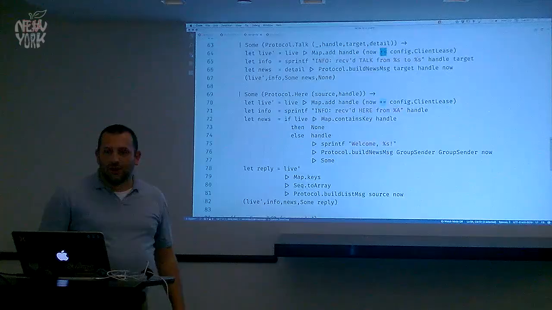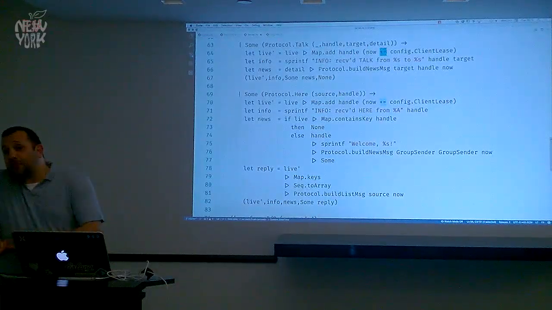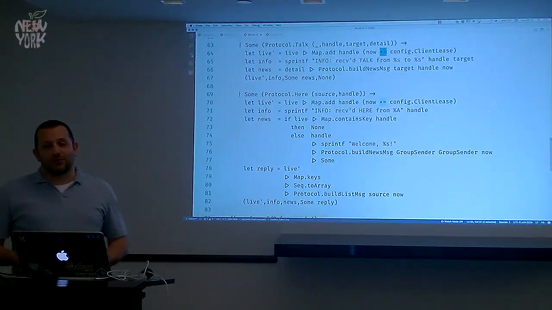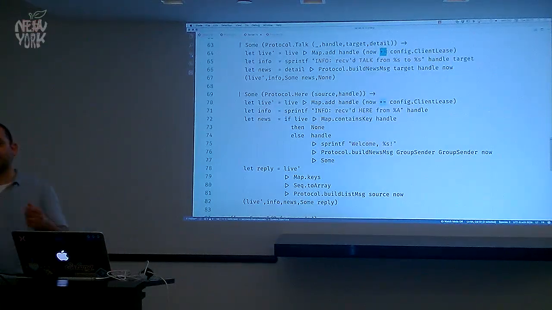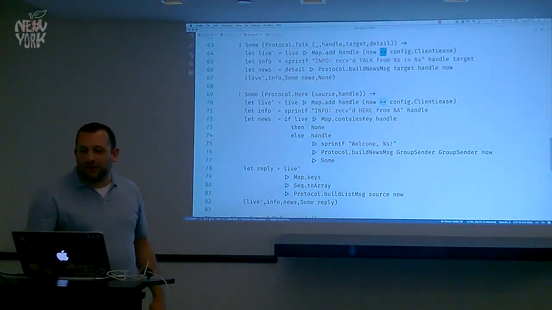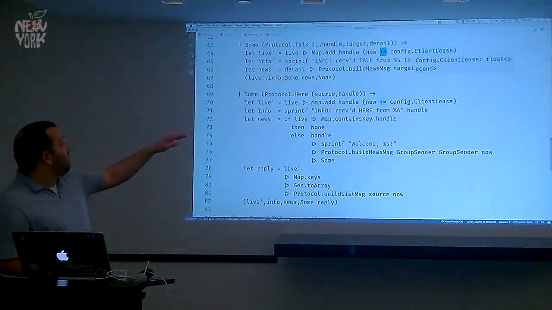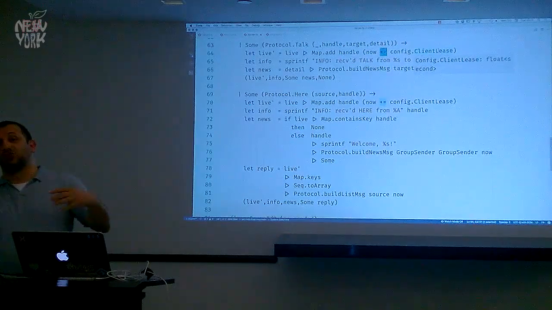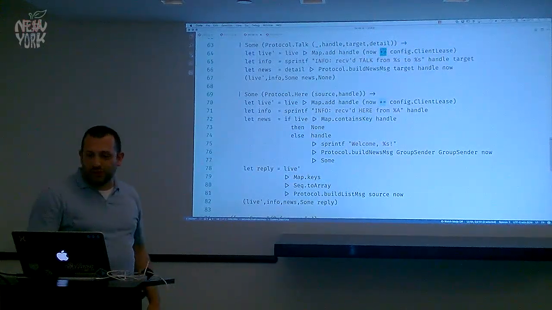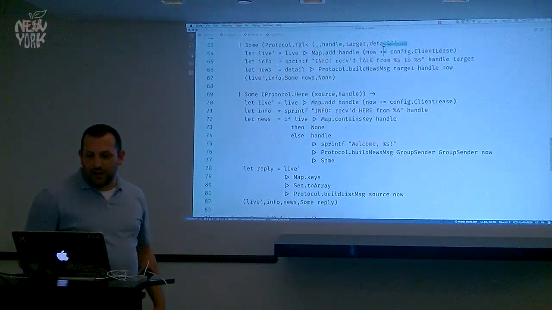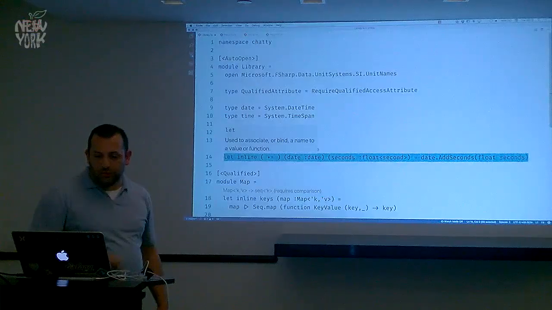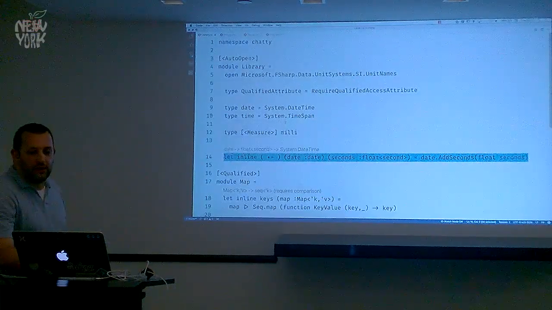And I just created a little custom operator. I'm normally against custom operators. I'm normally very against them. In this particular case, add seconds was just annoying me because I had to do now, got to add seconds, right? So I think plus equals in this case, also because client lease has a unit of measure on it, saves me the trouble of having to also strip off the unit of measure to call add seconds. So, we could see the definition of plus equals. In this case, I actually think it's a terribly unreasonable use of a custom